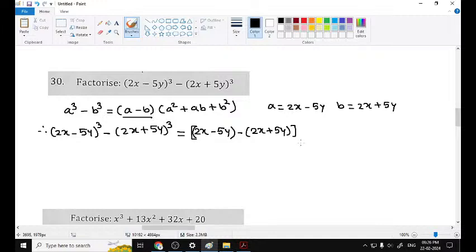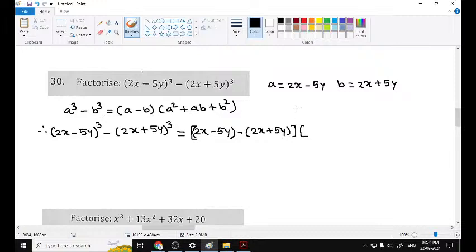This is our first bracket. Then in the second bracket we have a square, that is 2x minus 5y whole square, plus a into b, that is 2x minus 5y into 2x plus 5y, plus b square, meaning 2x plus 5y whole square,